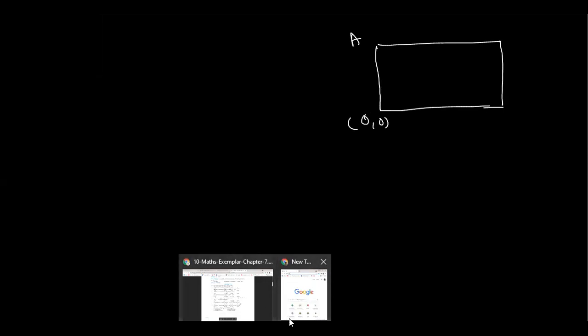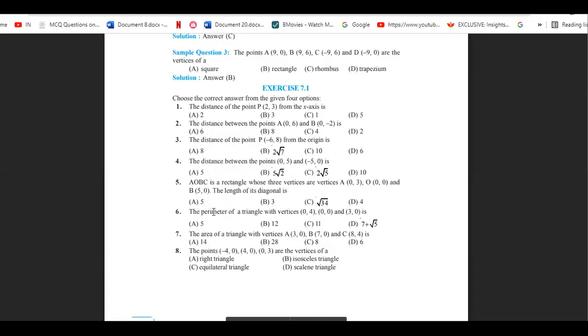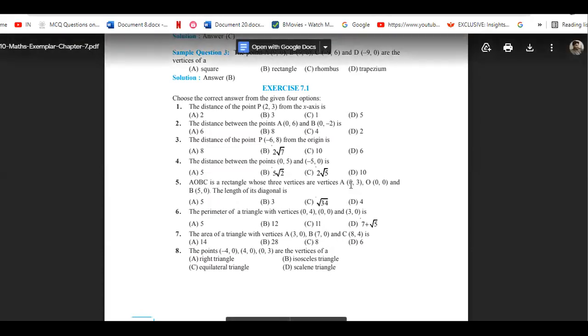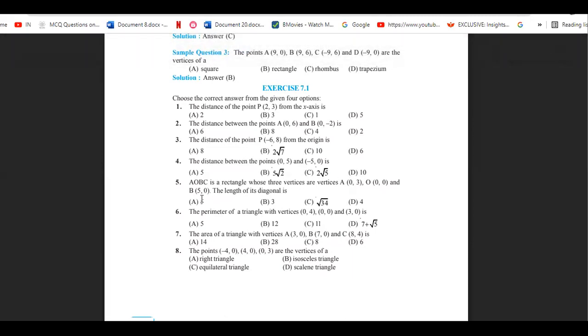Okay, AO, and we assume this one is AO, and the triangle's name is B. Actually the name of the triangle is not taken in systematic order, so that might be a mistake. AOBC is the name, and we have the coordinates of AOB. So if I take the A coordinate as 0 comma 3, then the B coordinate will be 0 comma 5. Okay, so here the diagonal would be formed by these two, 0 comma 3 and 0 comma 5. These two are going to make the diagonals. So you can simply calculate the length of these two.